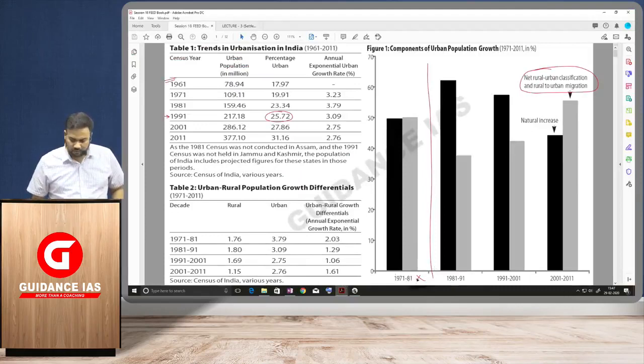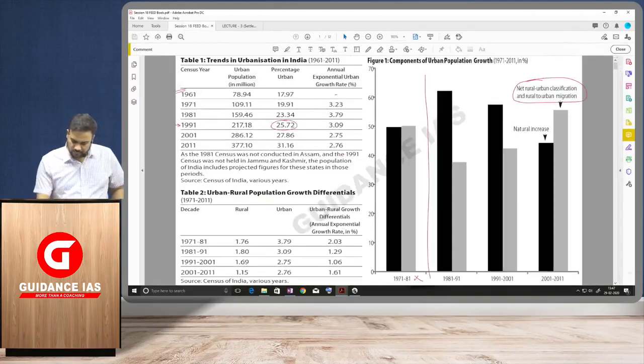1971-81 कल भी बताया था, will not take this because this was the period when there was change in the definition of urban places. A new definition was adopted, as a result of which several rural areas were identified as urban areas. So it is not the representative year. Better representative year is 1981-91 decade. Okay? So in this